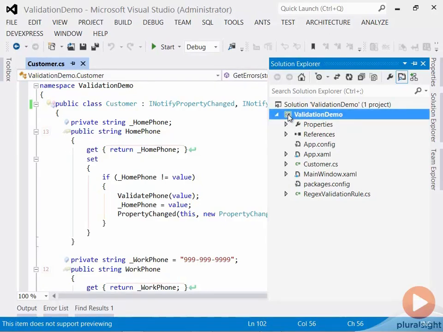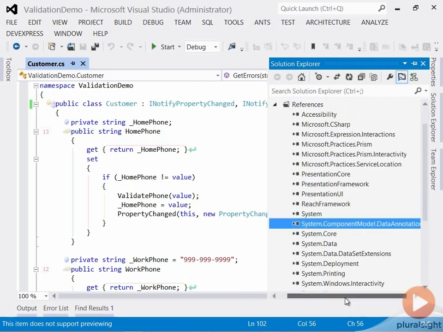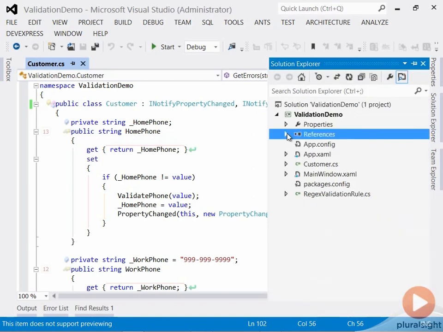Now, another thing you should be familiar with respective to validation that's very common in the .NET framework and other parts of the framework are data annotations. Data annotations are a capability that comes in from a reference that you'll add to your project called System.ComponentModel.DataAnnotations. Data annotations are known by Entity Framework, ASP.NET, Silverlight RIA Services, and you can enable them in WPF